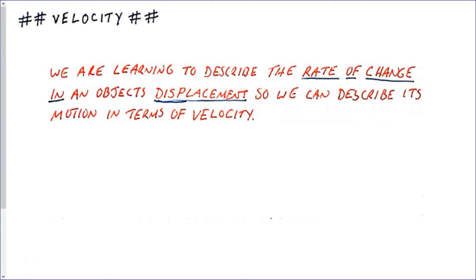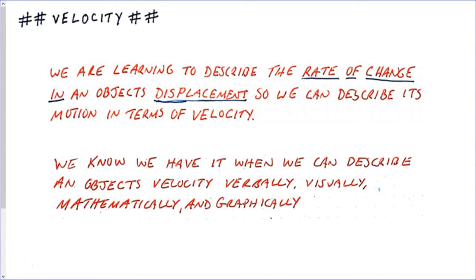Sometimes we're less concerned with how much position changes and more with how quickly it changes. This video is going to introduce the concept of velocity. We're learning to describe the rate of change in an object's displacement with time so we can describe its motion in terms of velocity. We know we have it when we can describe an object's velocity verbally, visually, mathematically, and